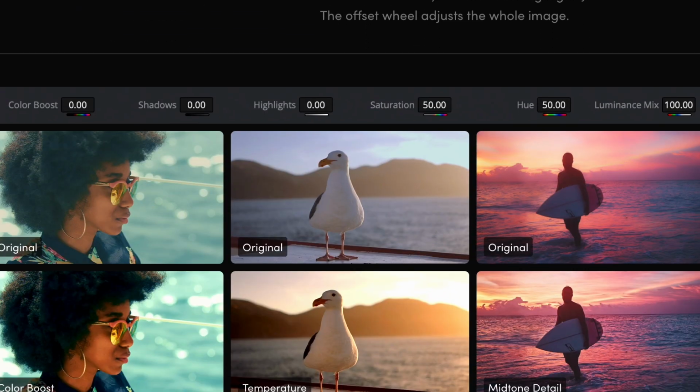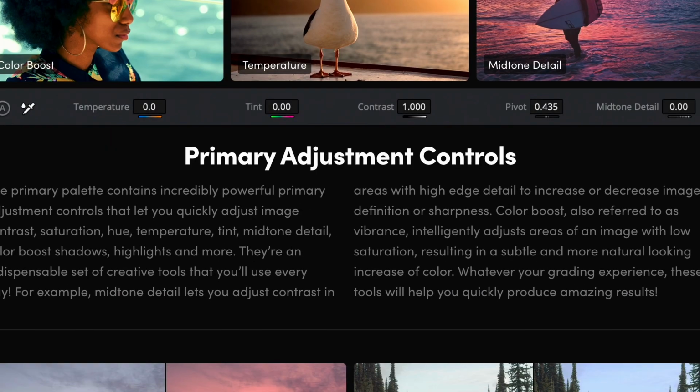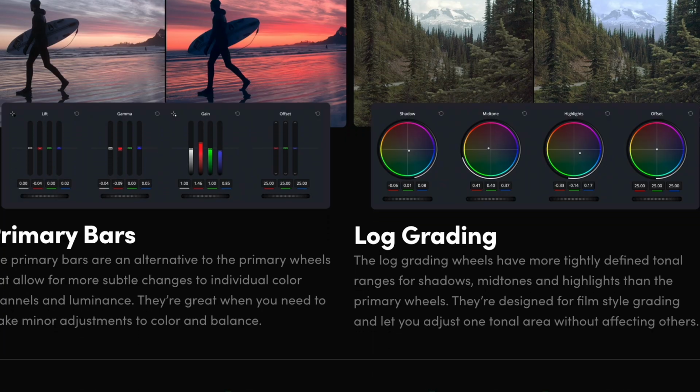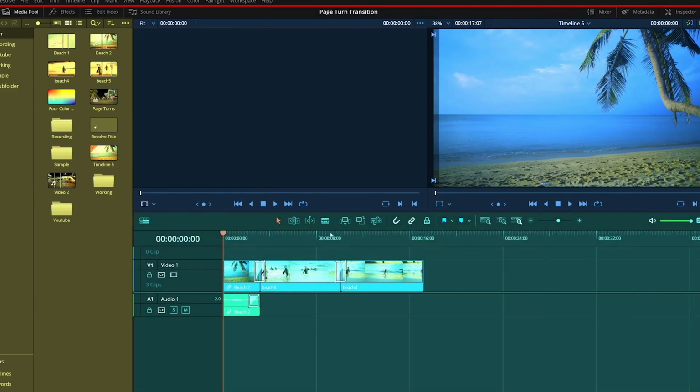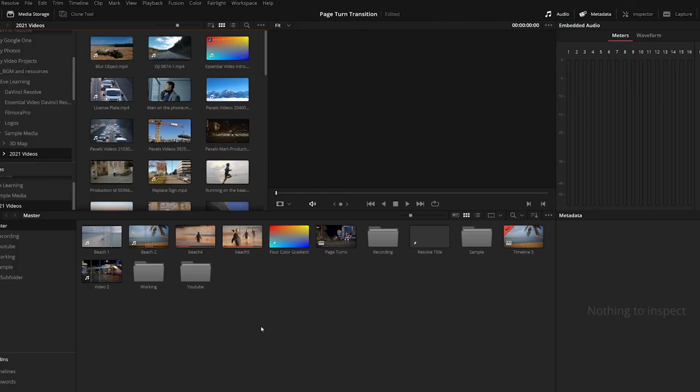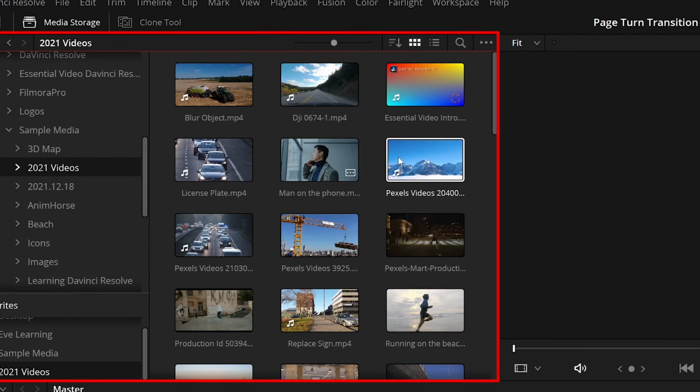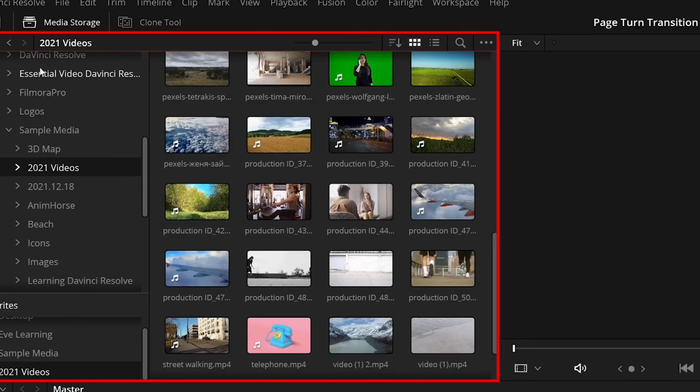Now, the cool thing about DaVinci Resolve, it's for Mac and PC. It's a powerful and free editing software that caters to both, like I said, professional and brand new editors. It offers a wide range of features including color correction, audio editing, and advanced video effects. Now, it may seem overwhelming at first. It's a great option for those willing to invest time in learning something a little bit more advanced than what they're used to.